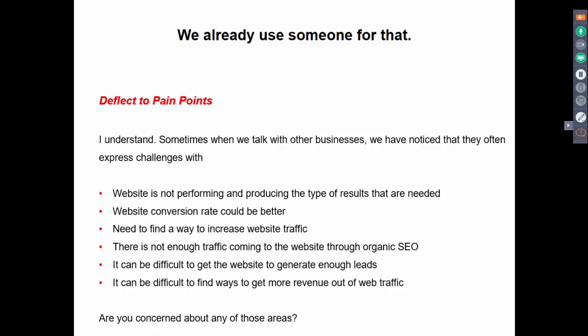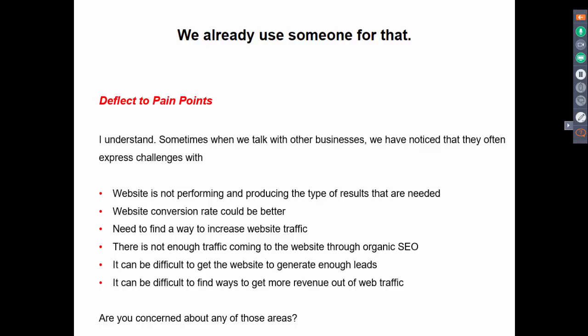So you can say, "Oh yeah, hey, I understand. You know what? Sometimes when we talk with businesses, though, we notice that they often express challenges with, they need to find a way to get more website traffic. They're not getting found enough through search and organic SEO. It can be difficult to find ways to generate more revenue through online and through their website.